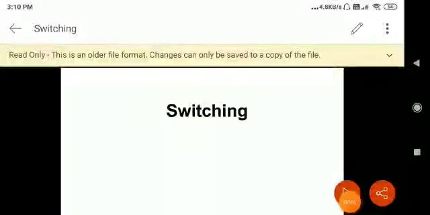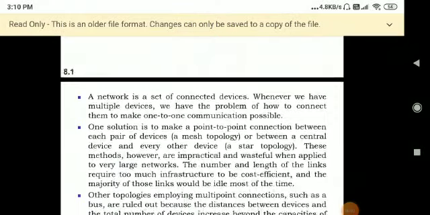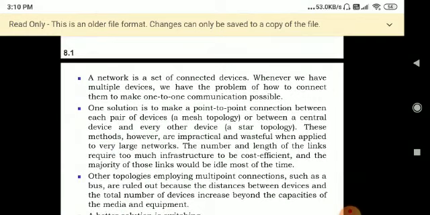Today's topic is switching. A network is a set of connected devices. Wherever we have multiple devices, we have the problem of how to connect them to make one to one communication